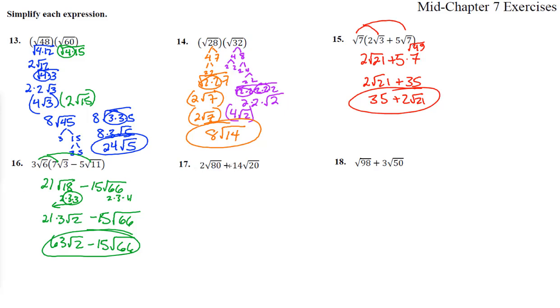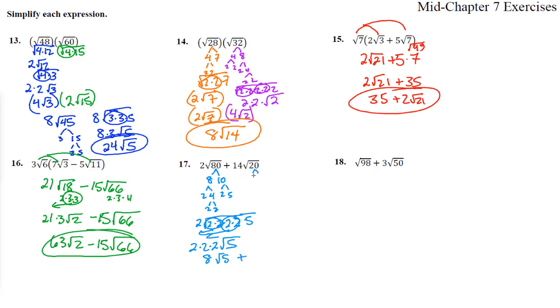All right, number 17. 2 square roots of 80 plus 14 square roots of 20. Does 80 go down at all? That's 8 times 10, 2 times 4, 2 times 2, 2 times 5. So we get 2, 2, 2, 2 times 5. Let's write this out. 2 times the square root of 2, 2, 2, 2 times 5. That comes out as a 2. That comes out as a 2. So we have that one, and then the second one, and then the third one now outside. Square roots of 5, that's 8 square roots of 5 plus